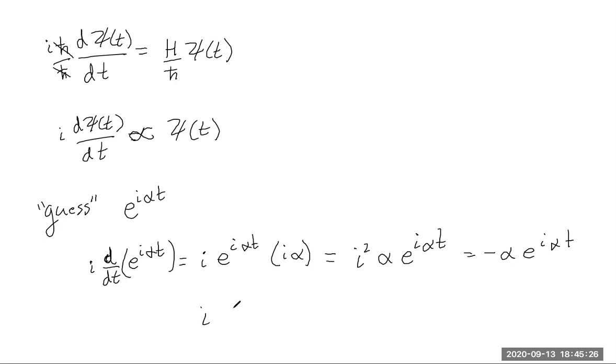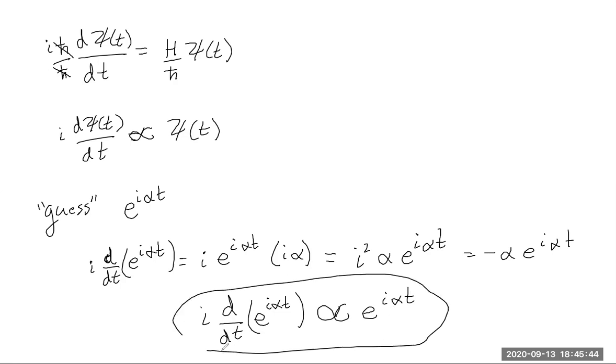I can write this as the left term, the derivative with respect to time of e to the i alpha t. That is proportional to e to the i alpha t. When I say that, this looks like how psi behaves. Oh, that's good to know. That might be helpful. So this means that I'm going to write this back into my Dirac notation, where this is some state,